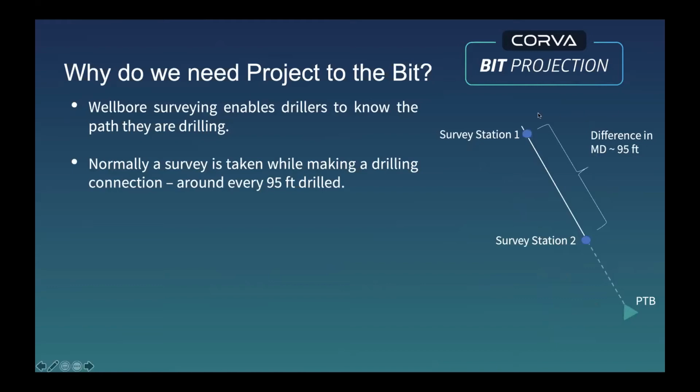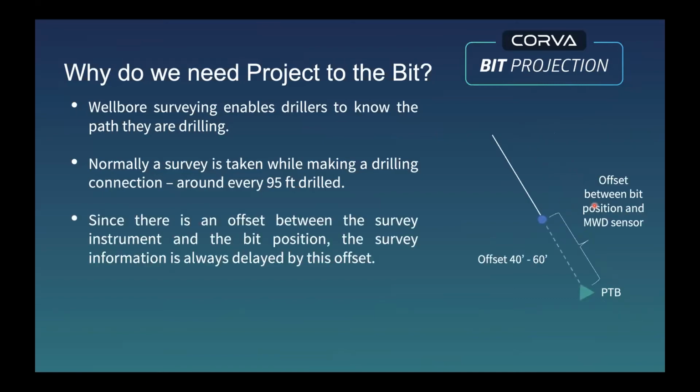So normally, when the well is being drilled, we'll have multiple survey stations across the entire wellbore. We'll have survey station 1, for example. We'll have survey station 2. Typically, when the rig is drilling, the difference between these survey stations in most sections of the well is about 95 feet. Sometimes in other sections, it's like 30 feet, but that doesn't really affect anything. So the one thing that's of interest